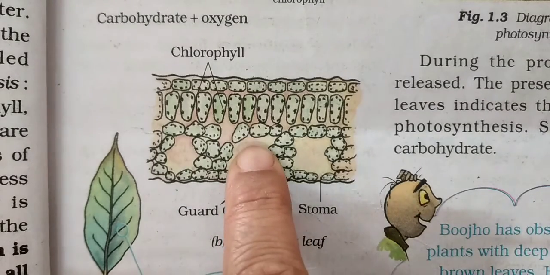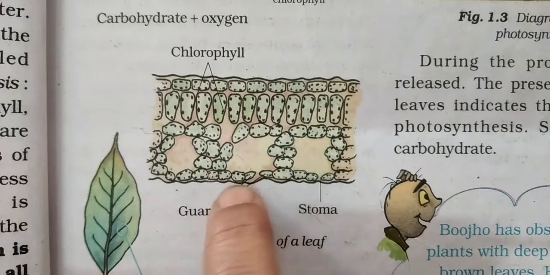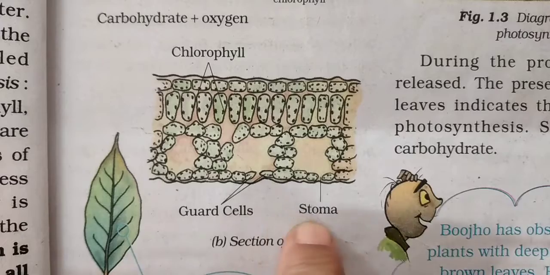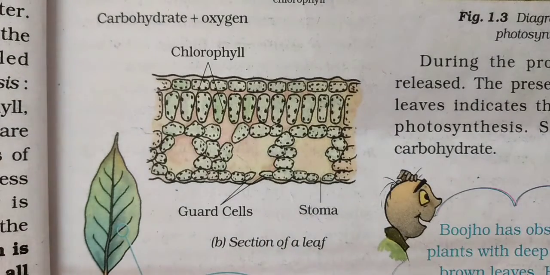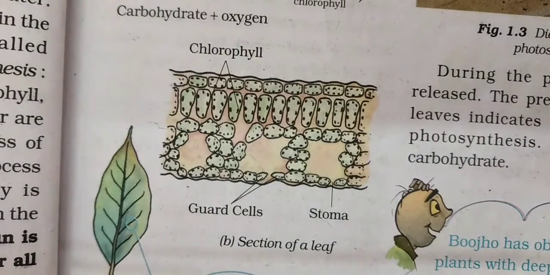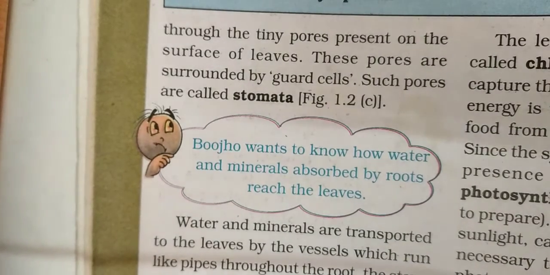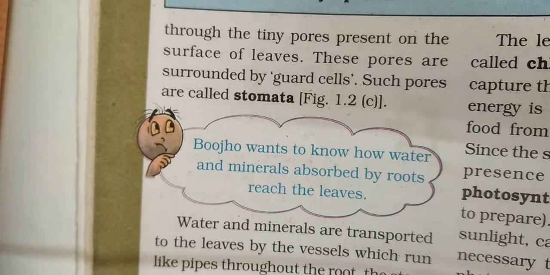Carbon dioxide enters through these pores, and the guard cells also help in the transpiration of the excess amount of water present in the leaves or plants. Understood? That is the reason why during the daytime when you stand under a tree, you can feel the surroundings are pleasant and cool, because it releases water, and that process is called transpiration. So today, children, we will go up till here, photosynthesis in plants.